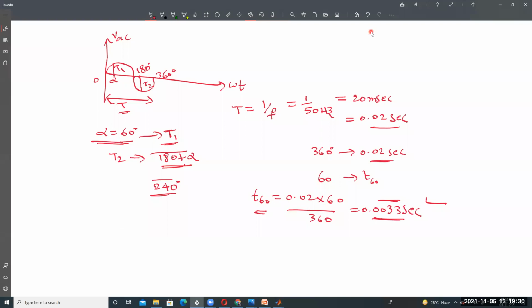For thyristor T2, the time is equal to 0.02 into 240 divided by 360, that means 0.0133 seconds. These are the two different triggering angles of the thyristors.